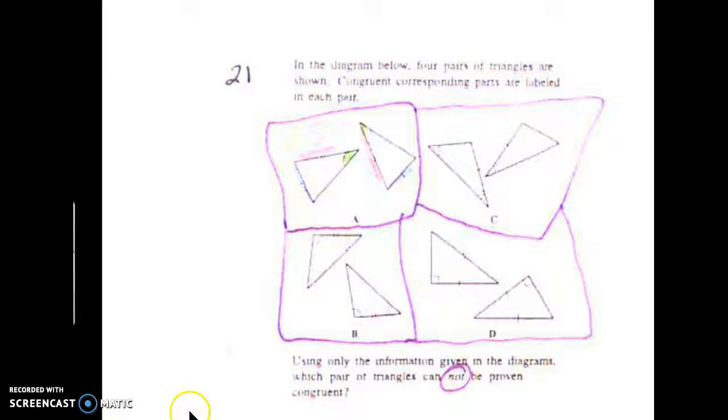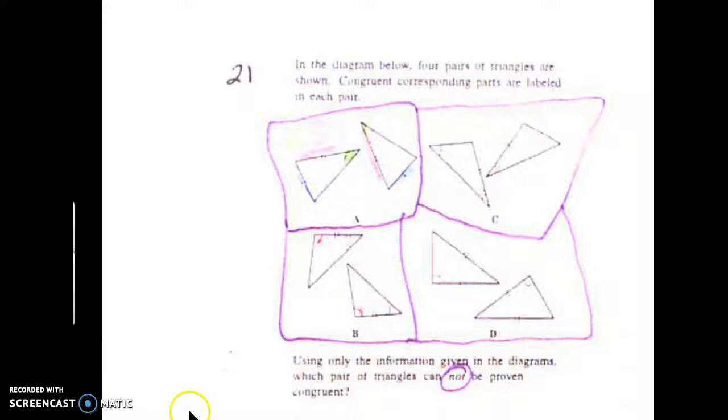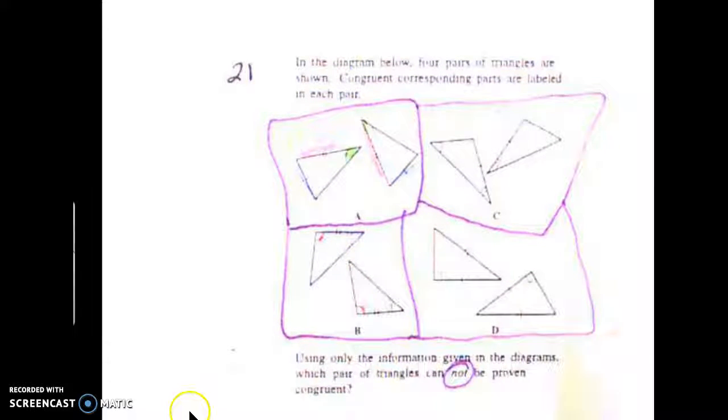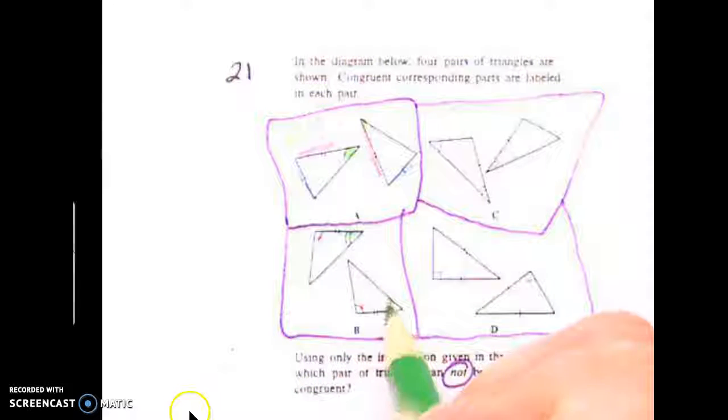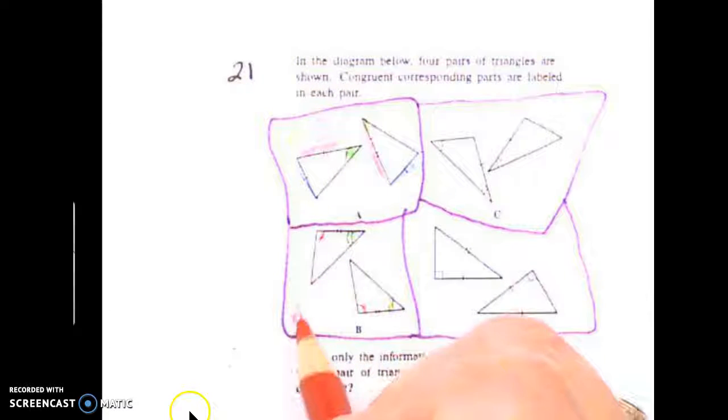If I look at part B, I see that I have my angle, then a side, then another pair of angles. That angle, side,